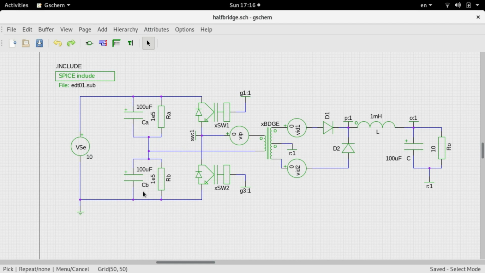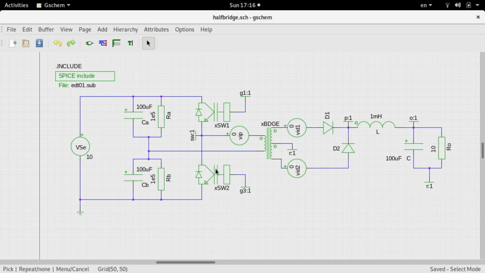This is the schematic of the half-bridge circuit. I have the DC link set up by these two equal capacitors, 100 microfarad and 100 microfarad. I have balancing resistors across this, and this forms the DC link with the center point being VDC by 2. Now on the other side I have a bridge arm with two switches, Q1 and Q2,